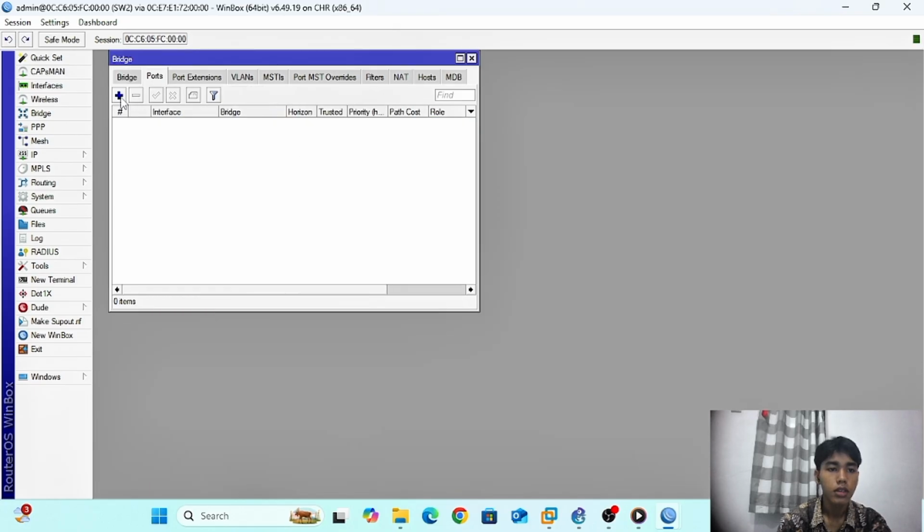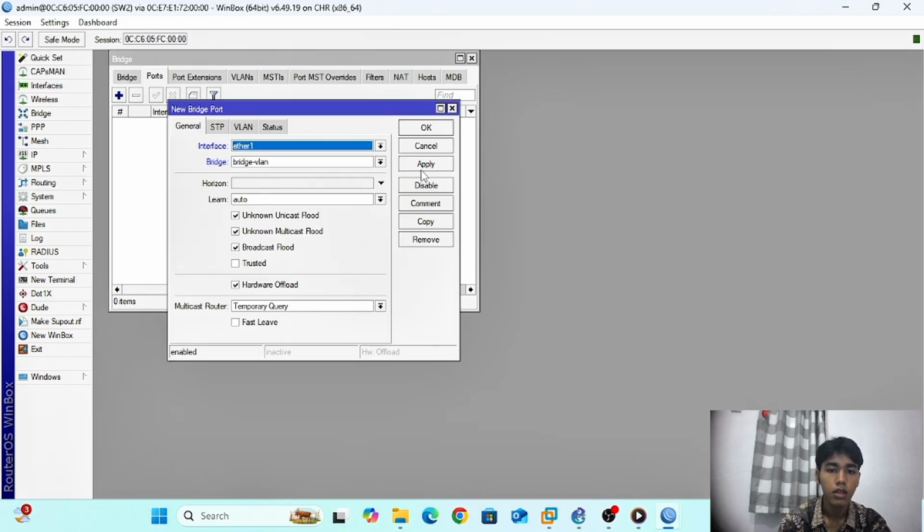Port, add port, ether 2 trunking, ether 1 trunking.